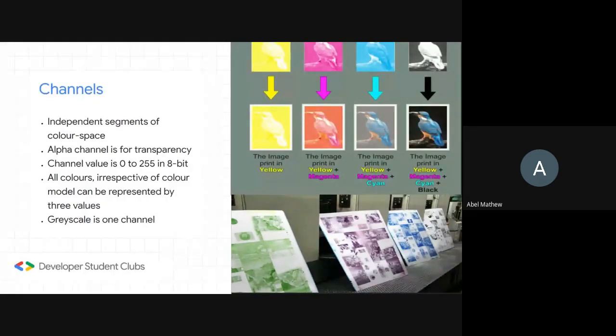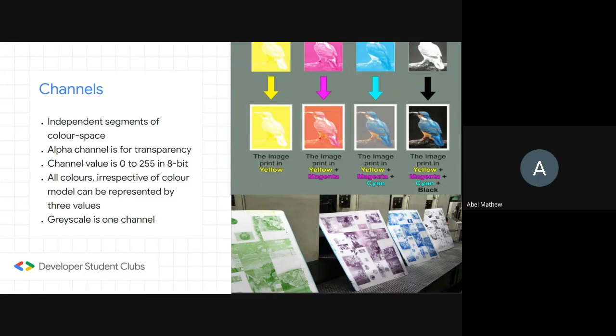The channel value ranges from 0 to 255 in 8-bit. So to explain, let us assume we have a hypothetical image of 10-bit. So it will range from 0 to 1023. So if we represent red as 1023 in 10-bit and red as 255 in 8-bit, those two will look the same.